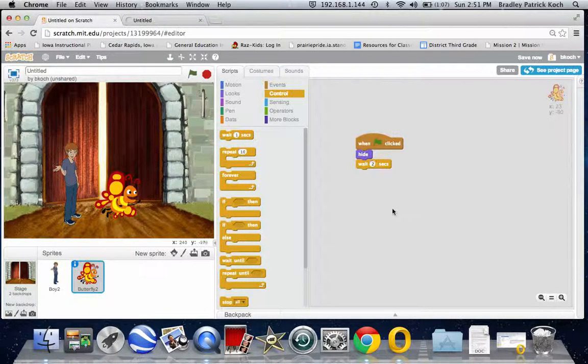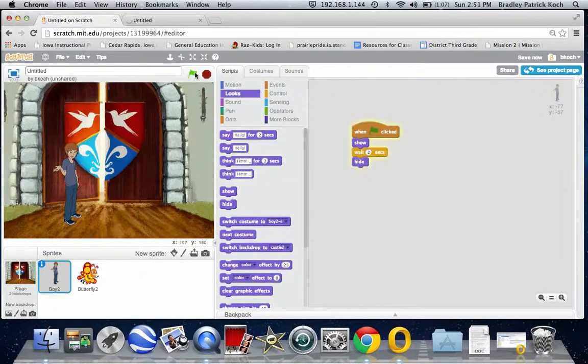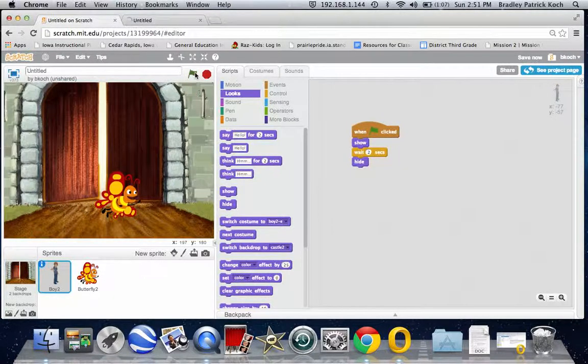Once it's waited for 2 seconds, then this character is going to show. So I've put in the commands and the controls for each character separately. We'll hit the flag and we'll see what happens. Character shows, background changes, new character shows. I have to do that and think about it sequentially for each character and each program block as I build